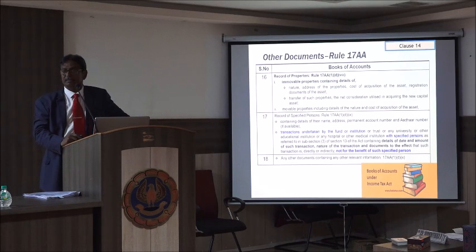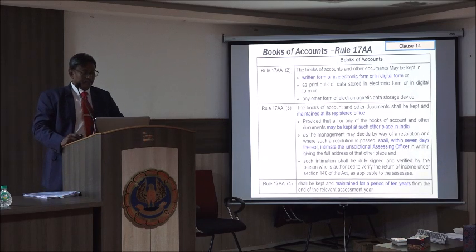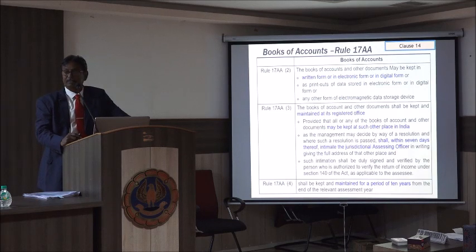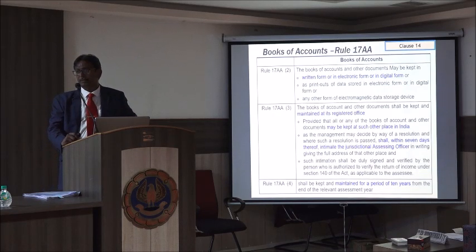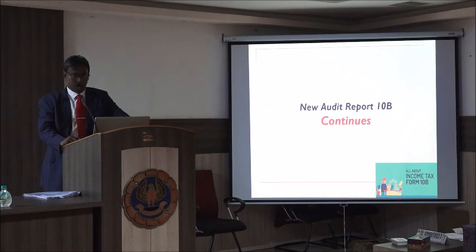Record of specified person. Section 13(3) la yaar specified nu solranga, sir. The books of accounts and other documents may be kept in written form or electronic form solitanga. It has to be maintained in the registered office. If it is in other places, you have to inform, 50,000 rupees. Yes, sir. Shall be kept and books வந்து இப்போ 10 வருஷத்துக்கு மெயின்டைன் பண்ணணும் அப்படின்னு கொண்டு வந்துட்டாங்க, சார். So the books of accounts are over. Now we will continue Form 10B.